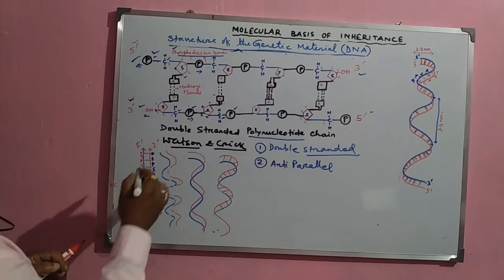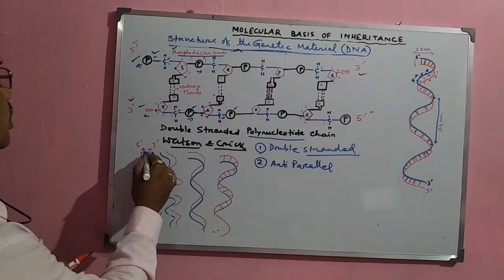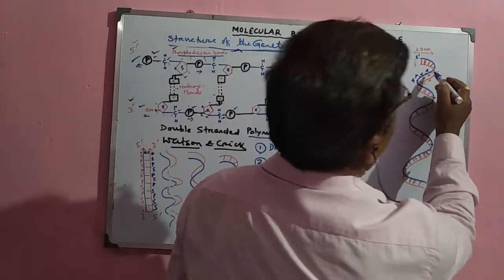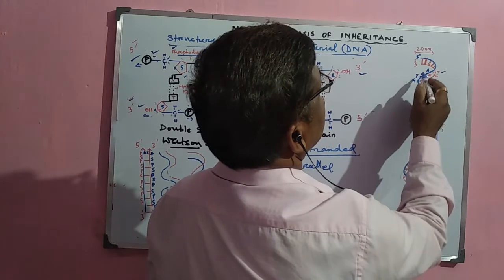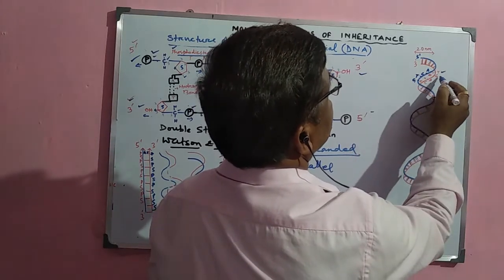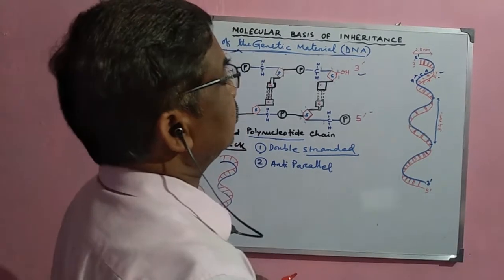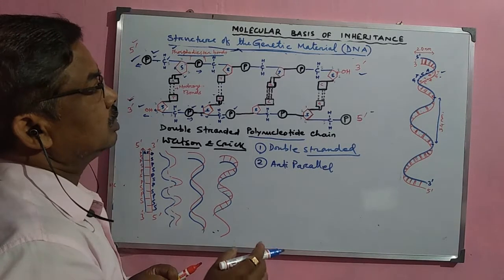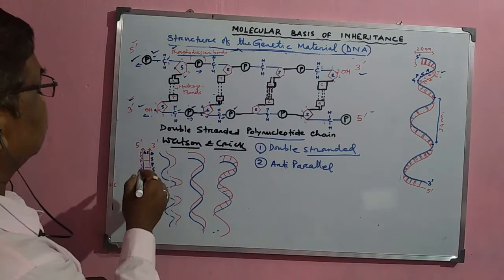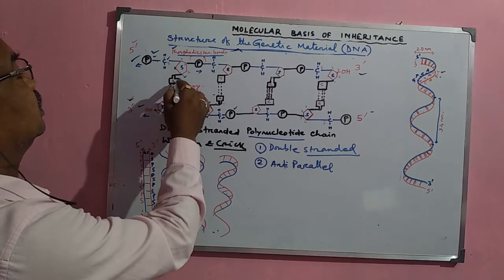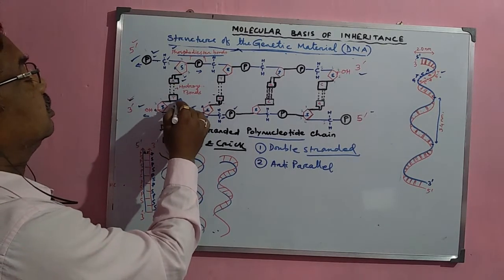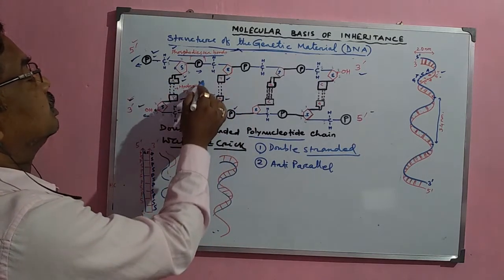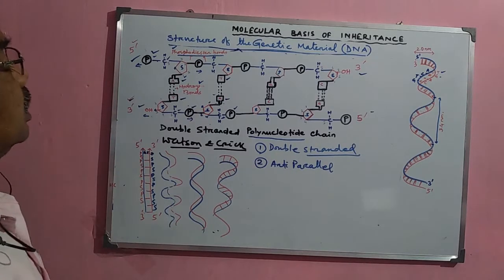are connected. Well, suppose this is a base A and this is the base T. Look at this figure: A and T are joined with a double bond, and C and G, the purine and pyrimidine, are joined with a triple bond. So in this way, the double bond and triple bond form between the nitrogenous bases. This is the A nitrogenous base, this is the T nitrogenous base, and T and A form a double bond. These are the hydrogen bonds which connect these two nitrogenous bases.